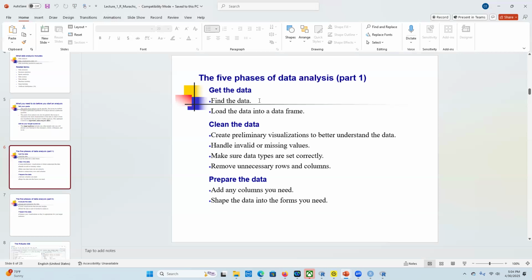The cleaning can include discretization, normalization, etc., even handling missing or invalid values. For example, there's an age field, and we have one record saying that a patient's age is 2,000 years. That's impossible. Most likely it is 20, or 200, though even 200 is impossible. Maybe 20. For missing values, sometimes we can say, okay,